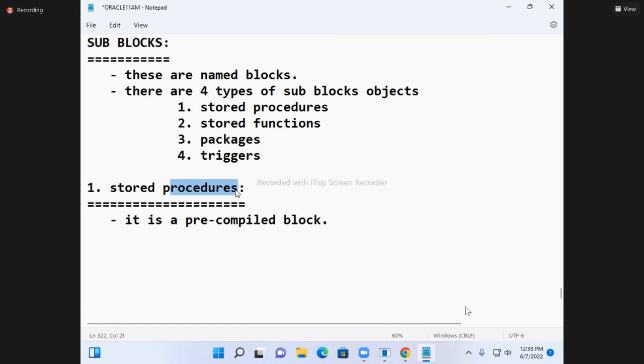Why, sir? Why do most of the people want to use them? Observe. Here I said it is stored, what? A pre-compiled block, we say. And the next one is the stored procedure, which is used to accept your values. So it is a pre-compiled block and is used to accept input values from the user,